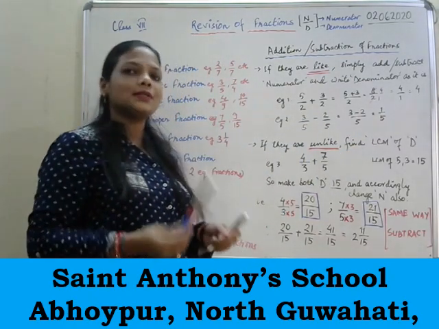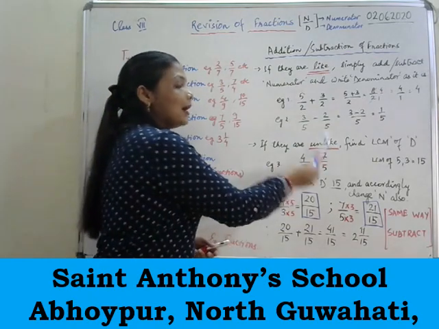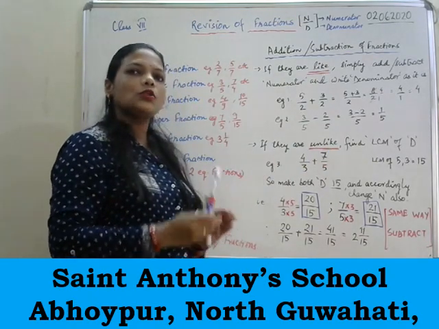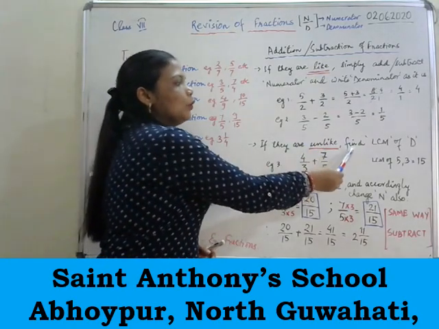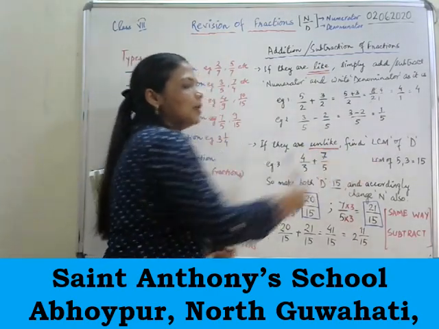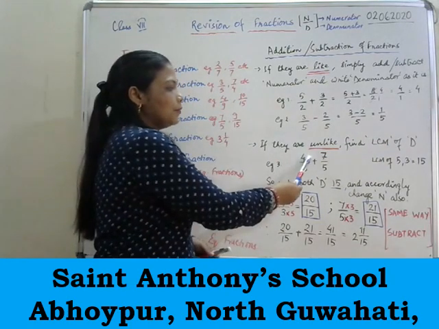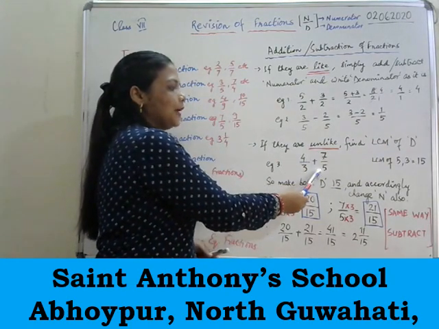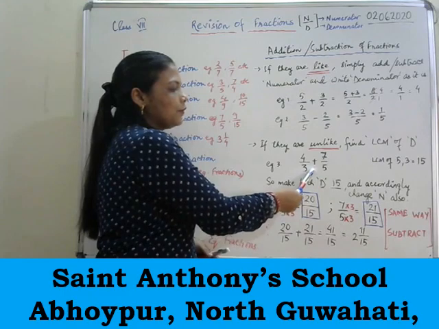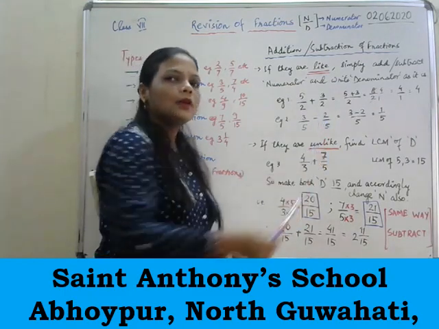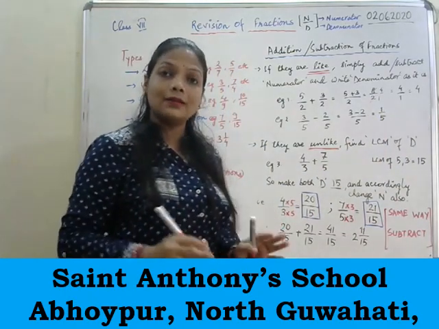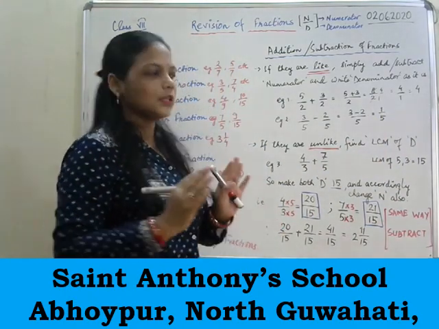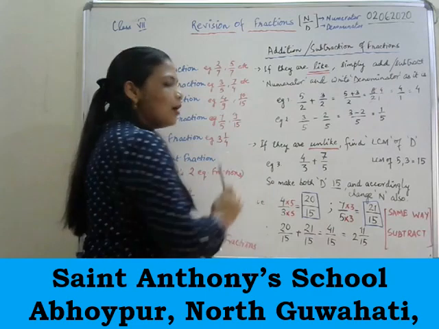Now the story is different when we talk about unlike fractions, because you have to anyhow make the fractions like. For unlike fractions, you will find the LCM of denominators. See one example, 4 by 3 plus 7 by 5. Here they are unlike because one of the denominators is 3 and the other is 5. We will find the LCM of 3 and 5. It will be 15. Fine. Till here you all are doing correct. LCM you can find. Good. Now what is the problem?